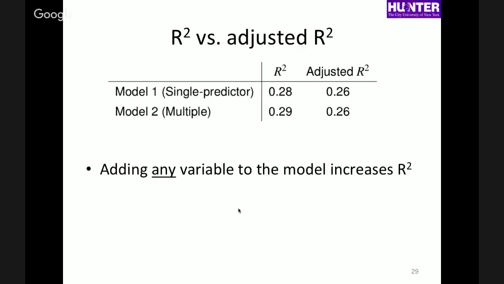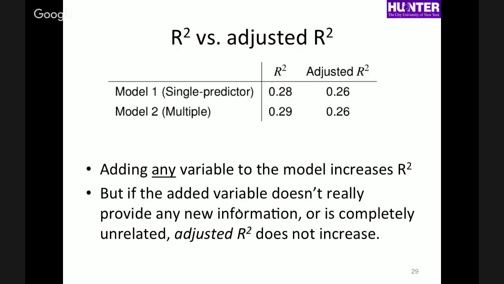So R squared versus adjusted R squared. The problem with R squared is, as I mentioned, that anytime you add a variable to the model, it will always increase R squared, even if it's not a good variable. If you add interaction terms, anytime you increase the complexity of your model, you're going to increase R squared. You're going to add a little bit more ability to predict the response variable,